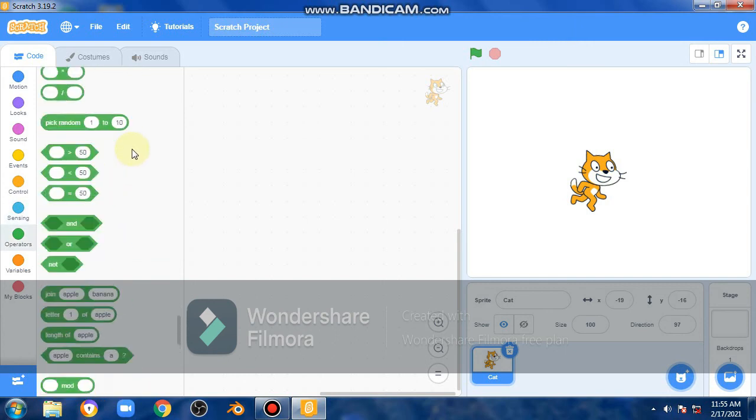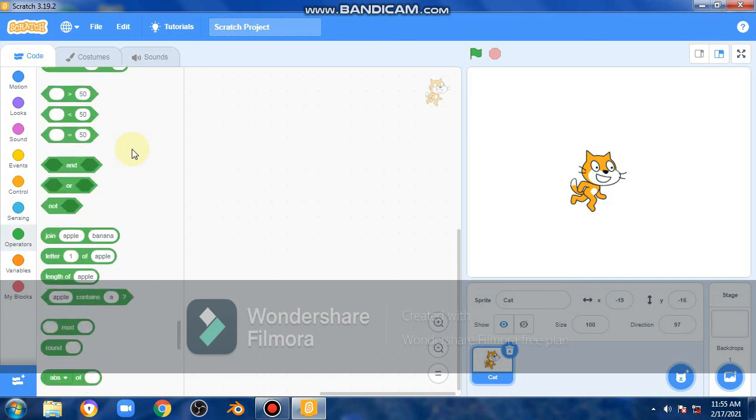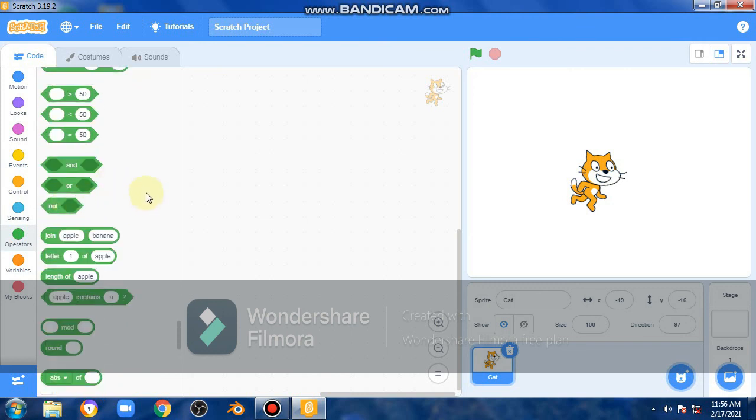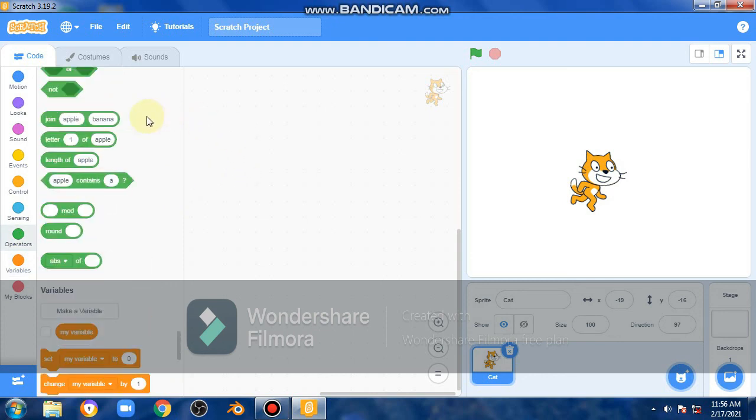Then here are the variables and operators, means how you can operate it. The operators come very rarely in our codes. Okay, then here are the variables, means we can make our own variables or we can make our own blocks in My Blocks. Okay, then friends, this was about all the codes.